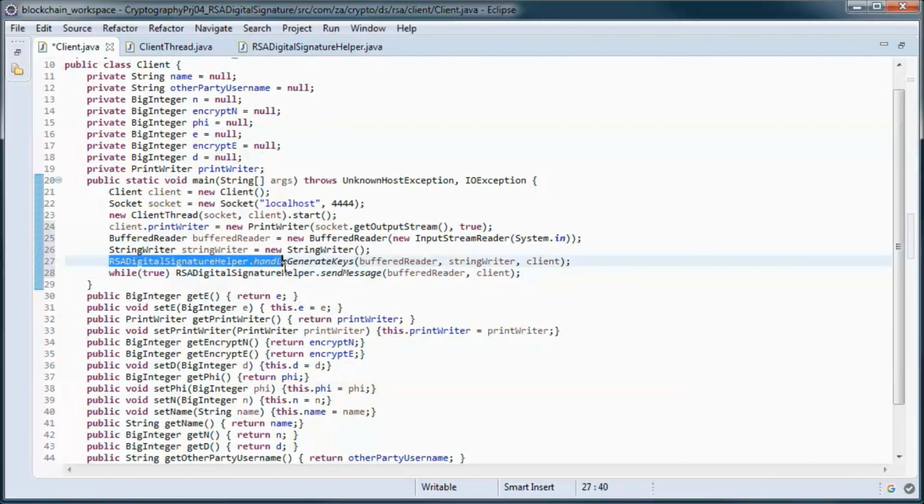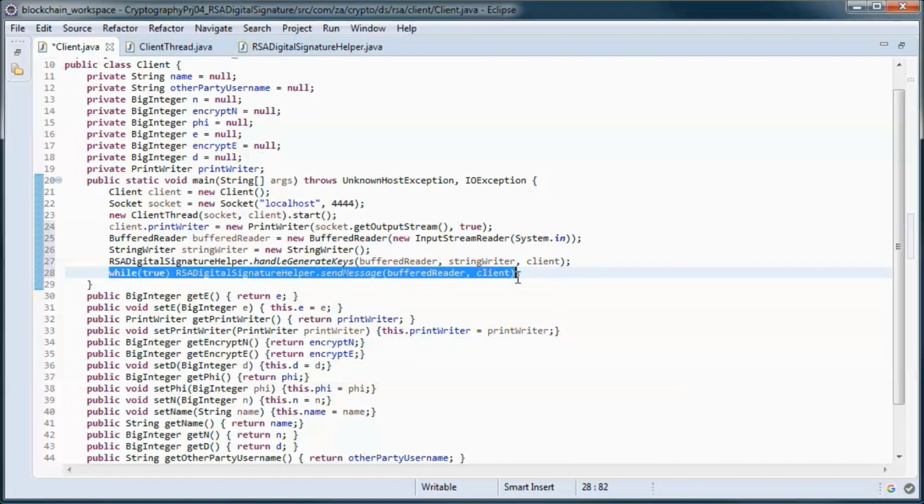And here we handle key generation, and the user entering and sending signed messages.